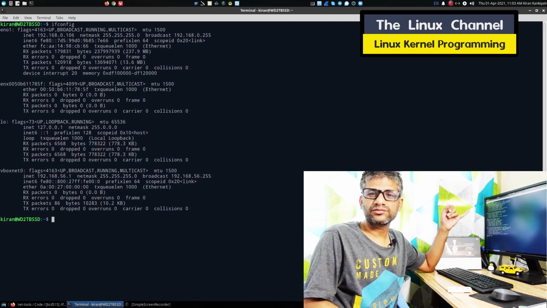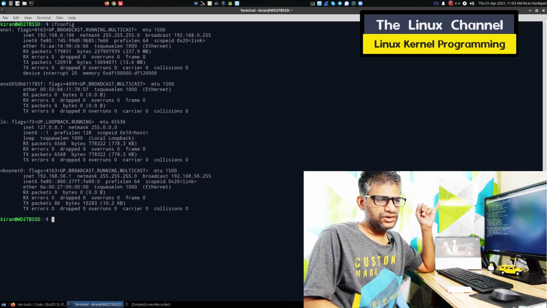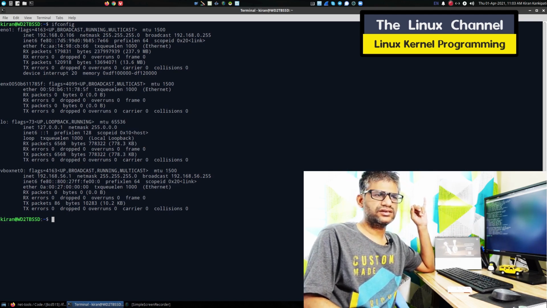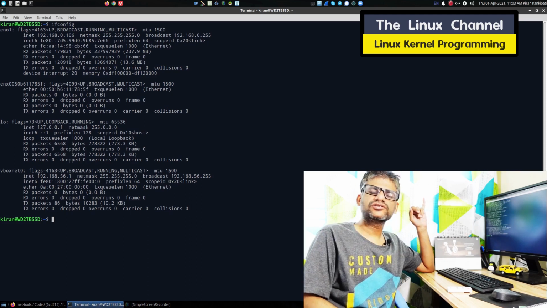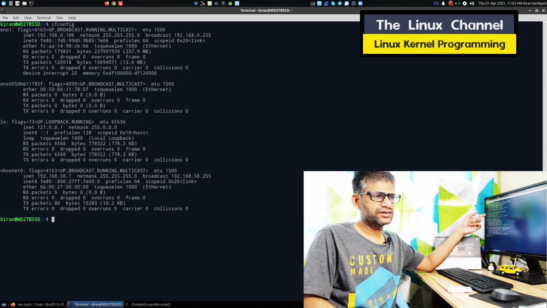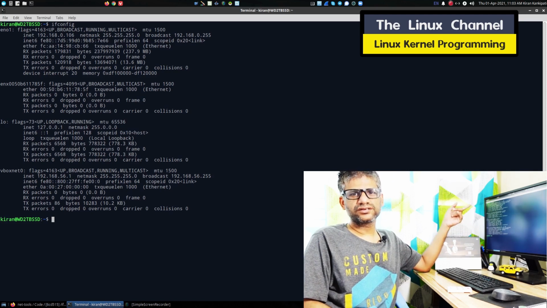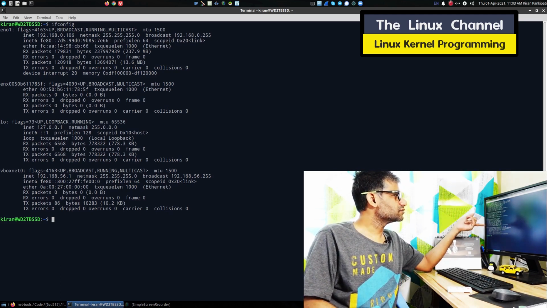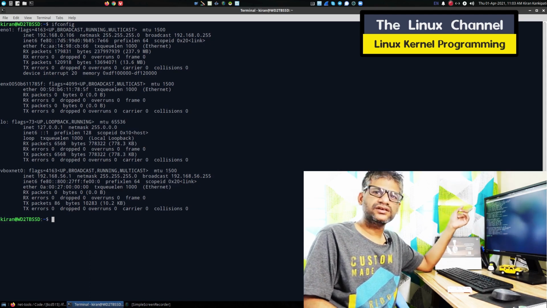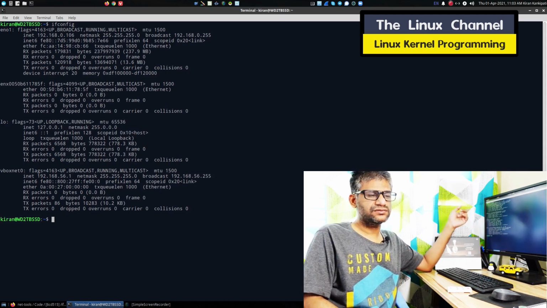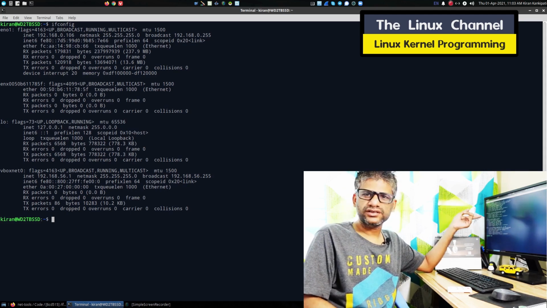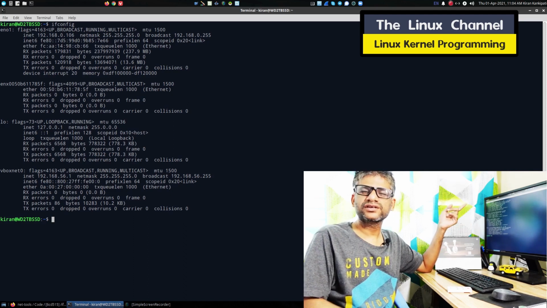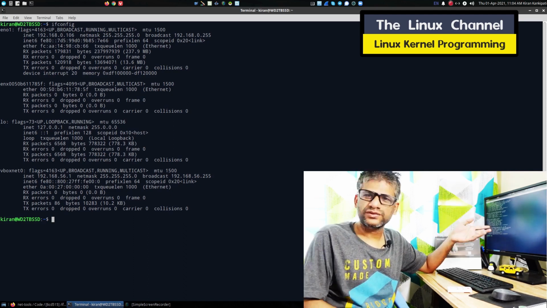Actually it is not. These commands are just a wrapper for you to interact with the kernel modules, and in a way the kernel-associated network drivers. Because this is about networking features we can set for that hardware or a virtual thing. It can be a hardware driver or a virtual port, and so you have a driver for that virtual port. It doesn't matter whether it is hardware or virtual.